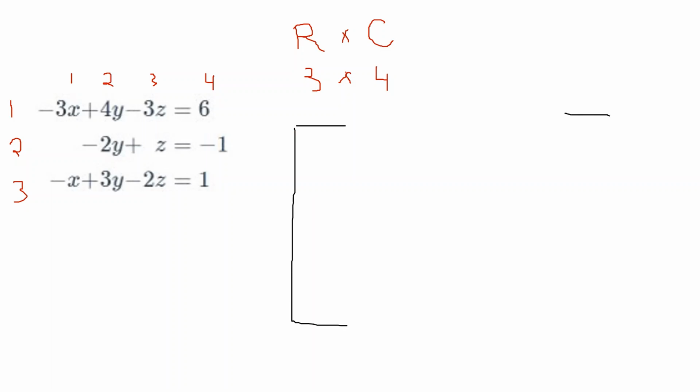So I'm building out my matrix, and once again, I'm only going to write the coefficients. What's important is that all the x terms exist in the same column. So the coefficients for all of the x terms should be in column 1. Coefficients for all the y terms are in column 2. Coefficients for all my z terms in column 3. And then my result, my constant, out here in column 4. So I'm going to take my coefficients